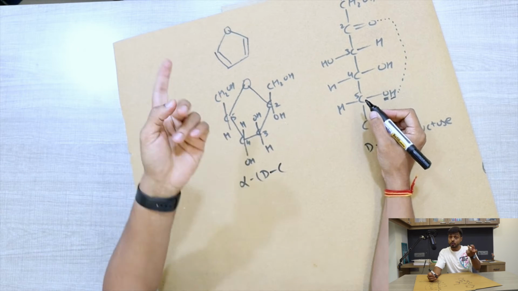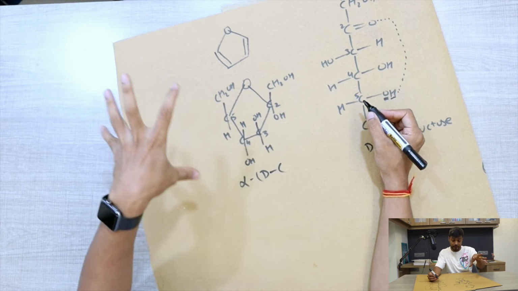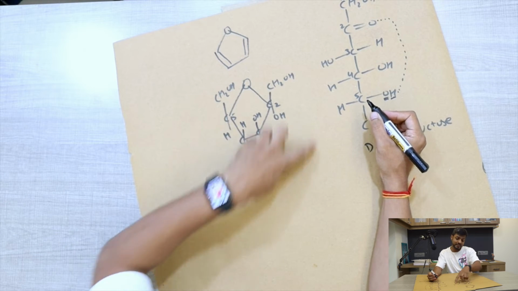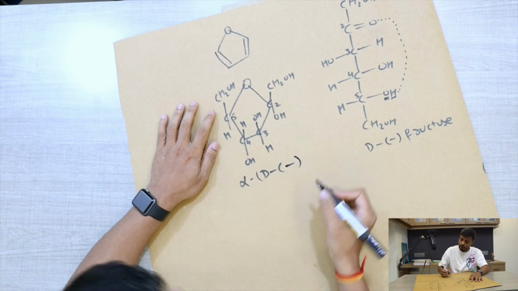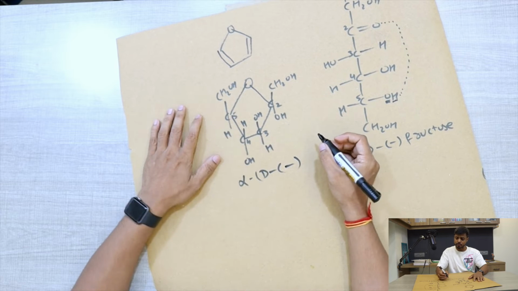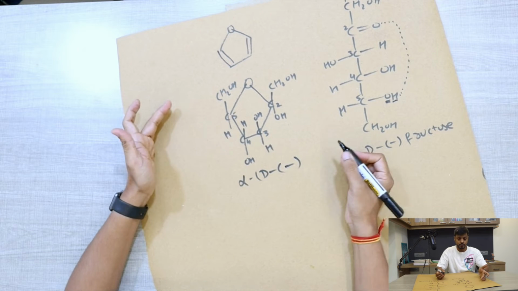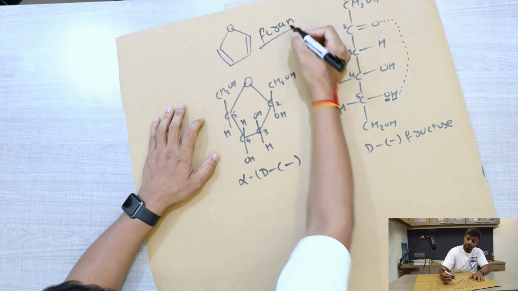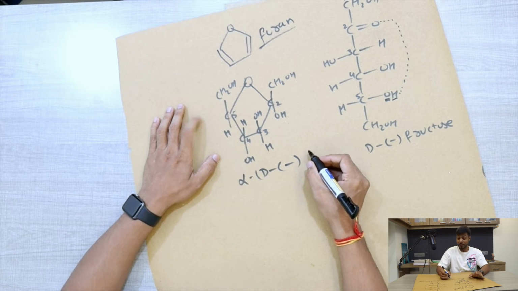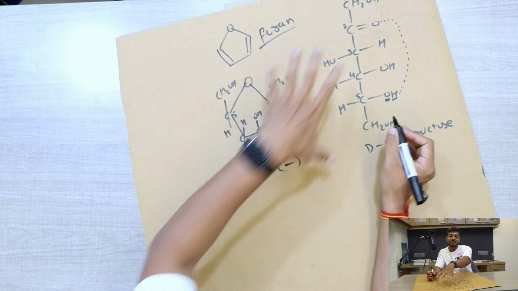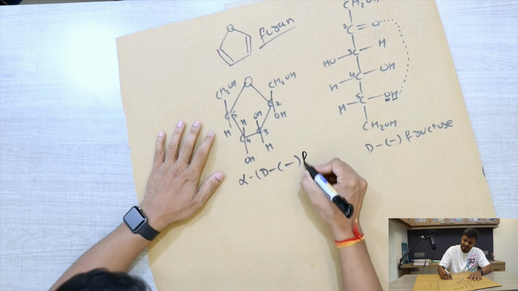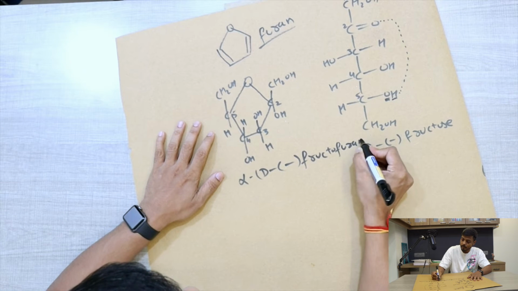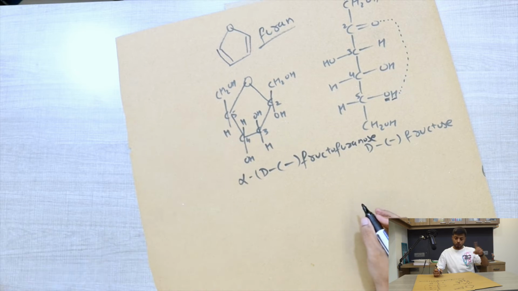And this is fructose. Fructose is primarily levorotatory. It rotates the plane polarized light in anti-clockwise direction. So we'll put a minus sign for that. And we can call this molecule glucofuranose, because this molecule is furan. It is similar to that. Sorry, my bad. Fructofuranose. It is fructose, so it will be fructofuranose.